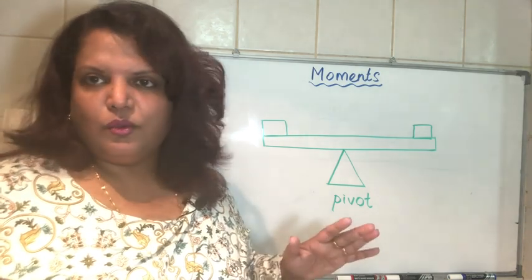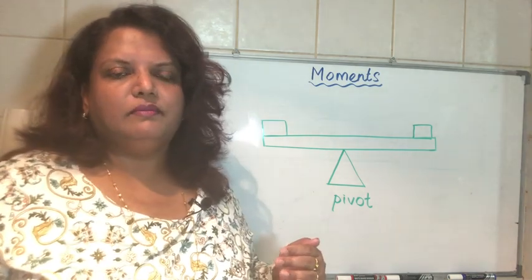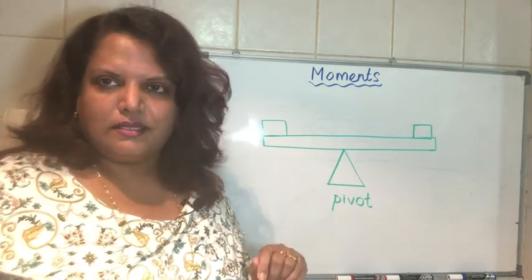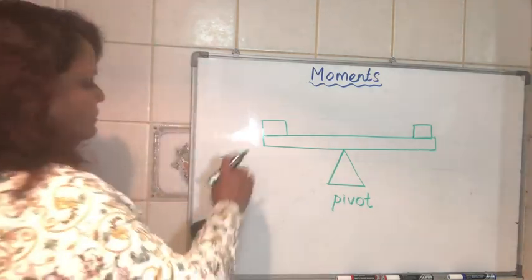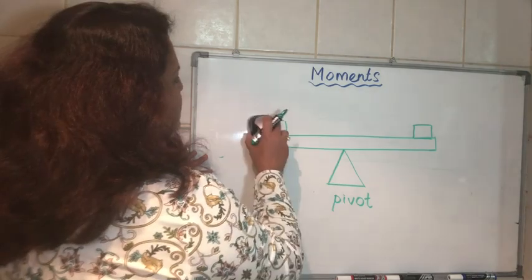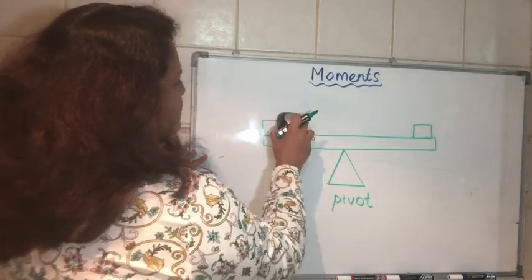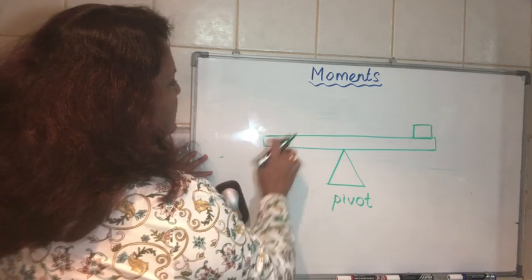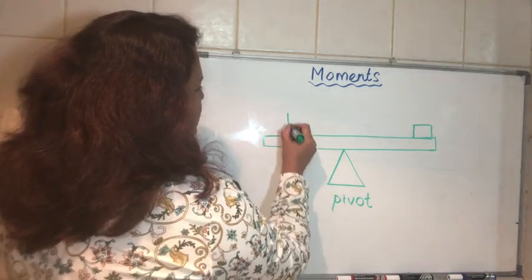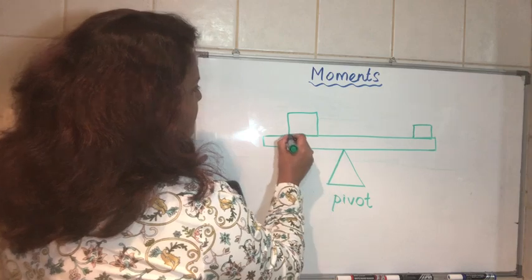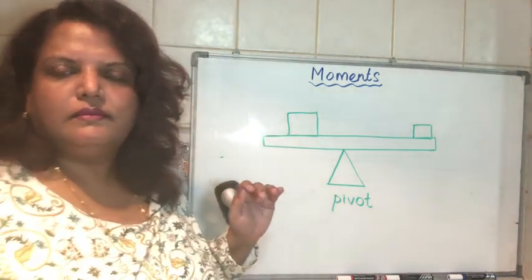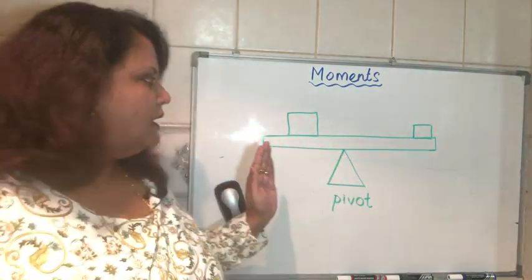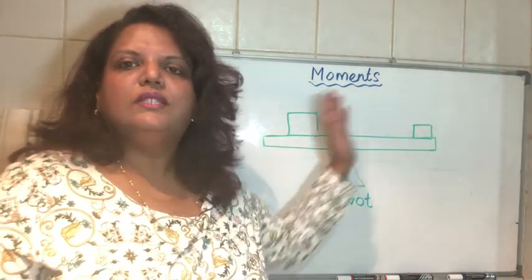Some of you might think no, but it is possible. But then we have to make a little bit of changes here, like say if this is the heavier person or the heavier object, if you move it closer to the pivot, okay, the heavier object, if you move it closer to the pivot, you will notice you can still be able